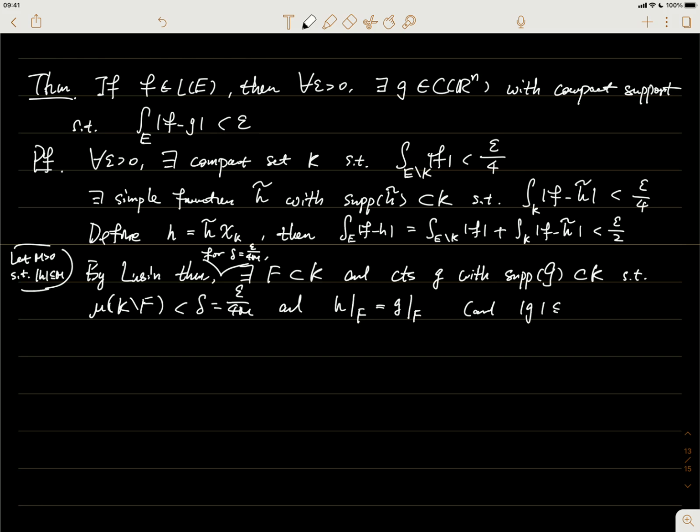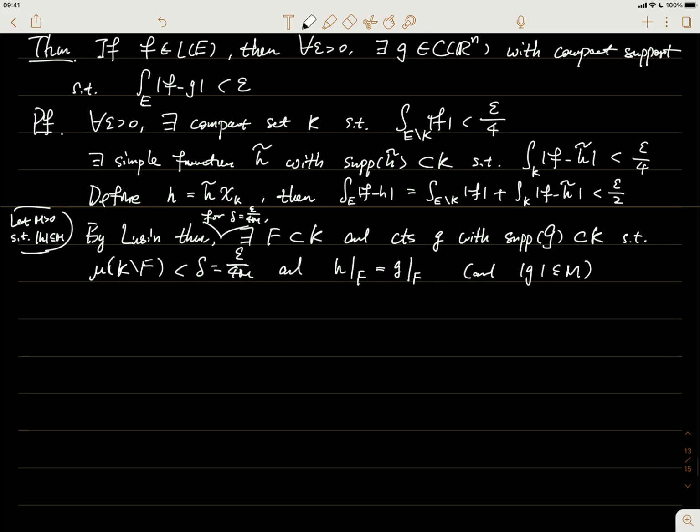So the g is also bounded by the m. Okay, that's something we showed before. So with this, what we can claim is now we already have this part, and the part we need to show is just the difference between h and g. Now the difference between h and g,